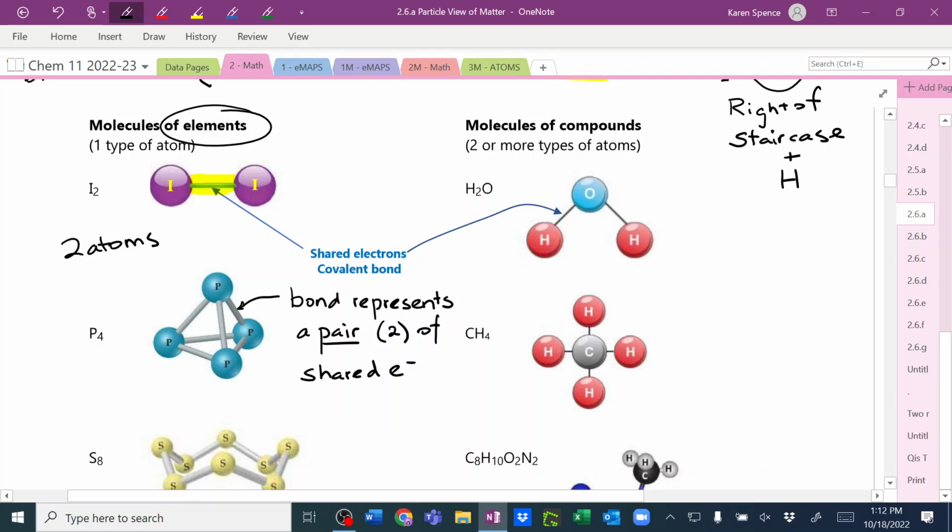So that bond represents a pair of shared electrons. So we have I2,